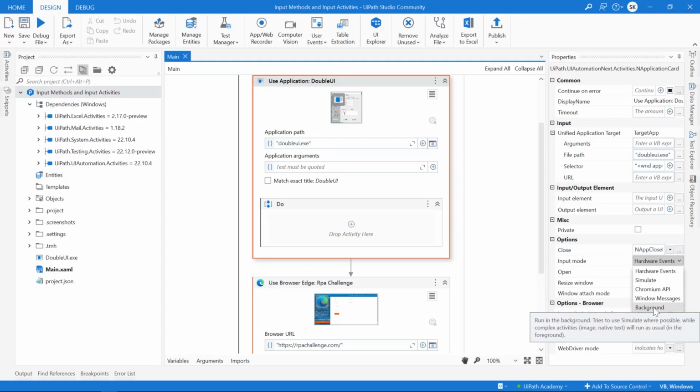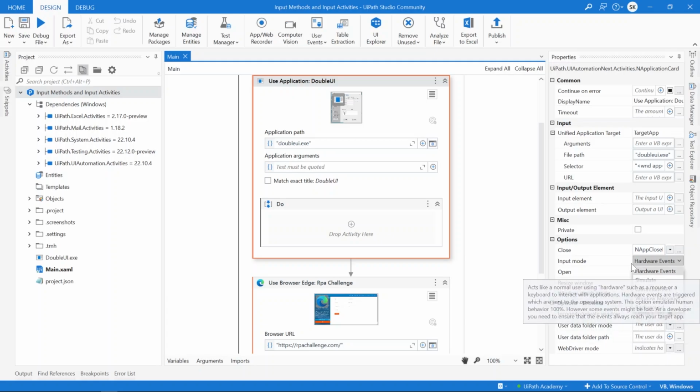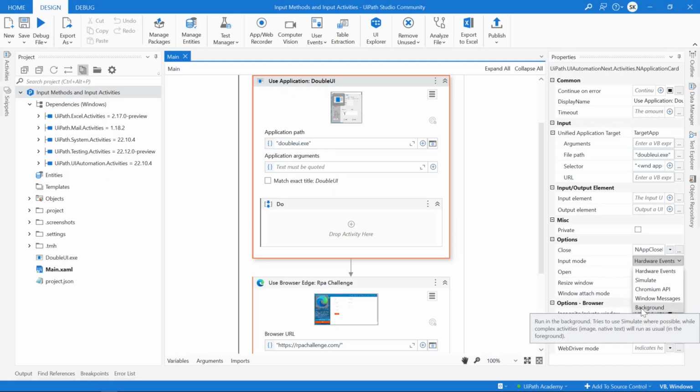Additionally, there's a background mode option. As we already know, each one has its own benefits and limitations, so it's important to choose the one that best fits our specific needs. A variety of factors can influence input methods such as compatibility with the target application, speed of execution, attended or unattended scenarios, background or foreground operation, or hotkeys. The Chrome API, for example, is popular for automating web applications because it mimics the way that a real user